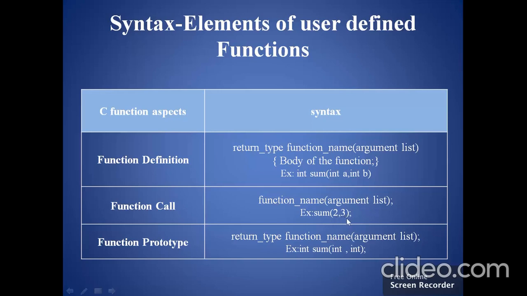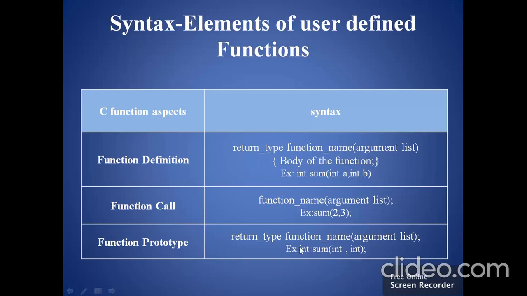They are values. Okay, then we will move to the third function element, that is function prototype. The syntax is: return type, function name, then inside the bracket we will have the argument list, then a semicolon. So consider the example: int sum(int, int);